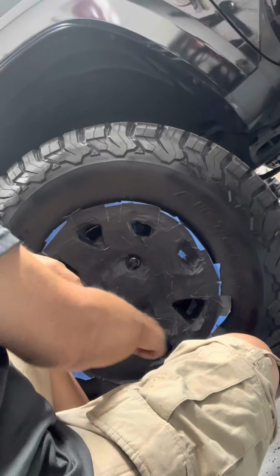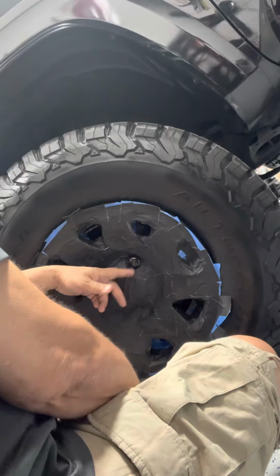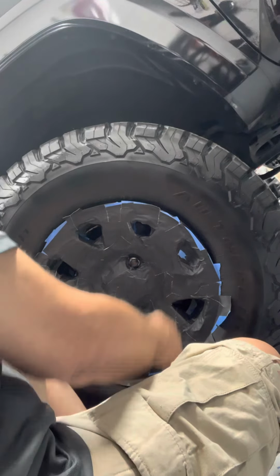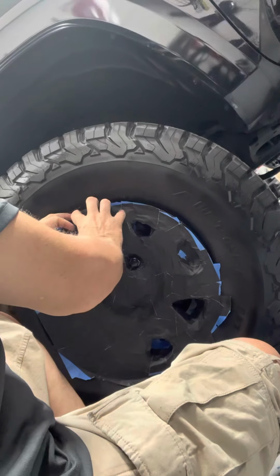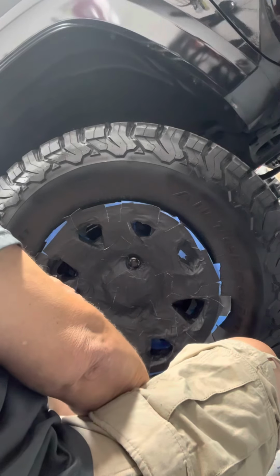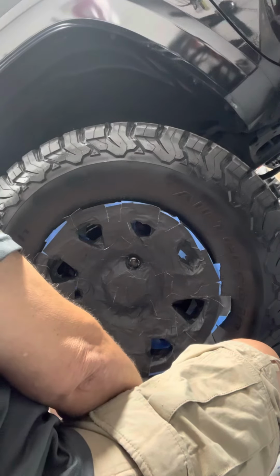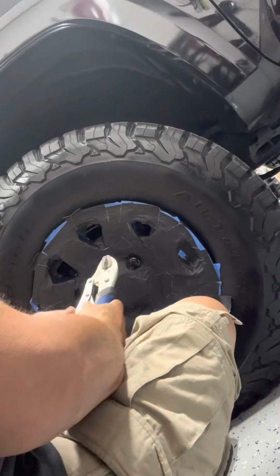Actually, this stud belongs to a spacer, a 1 1/4 inch spacer, and I bought new spacers because I knew that this was gone already, and I don't want to use that same spacer in there. So why all the tape? Because these are brand new black TRD Pro rims that I purchased for my 2018 Limited in the midnight black, and they look really awesome. And then I got the BF Goodrich KO2s, and so the idea is that I am, since it's spinning, going to try to get